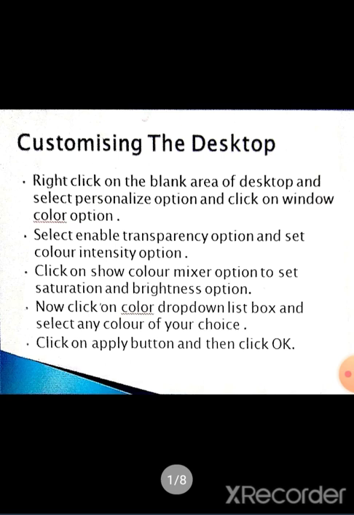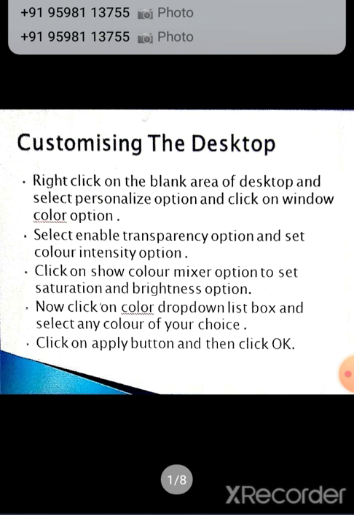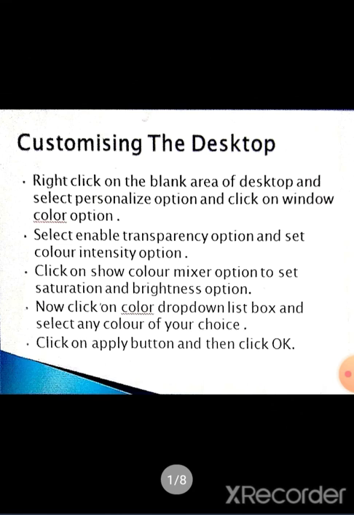And when you want to give a transparent look to the window glass border, start menu and taskbar, select the enable transparency option. After that, you can also set the color intensity option. It will affect the window glass border, start menu and taskbar color strength. Means you can give the intensity to the start menu and taskbar also. Here color intensity means the quality of color. You can either increase the brightness of the color or decrease the brightness.